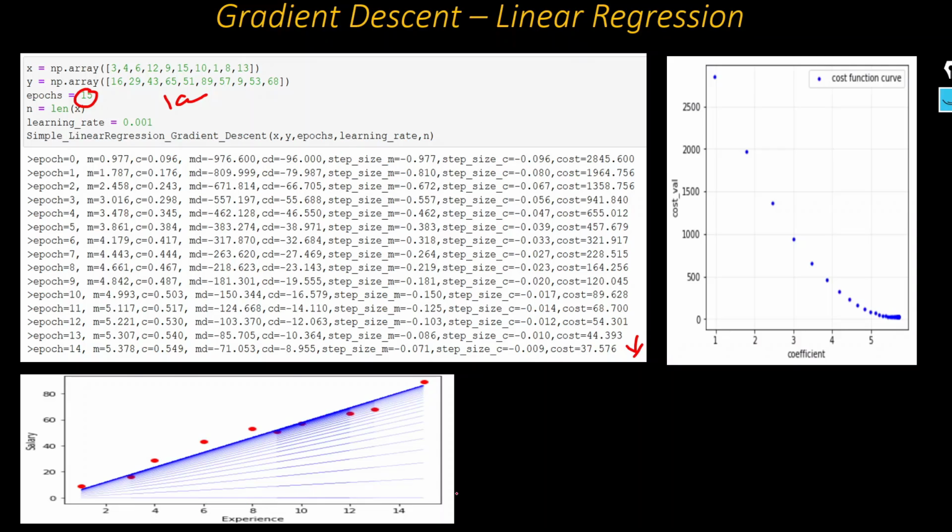You can see initially our best fit line is this. As our value m is changing, or step size is changing, our slope is also going to change, right? Our slope is also going to change, and our best fit line will change. Initially this is your best fit line, then this, then the final best fit line where we get the least square error. At this particular least square error we get the best fit line. This way we use gradient descent.